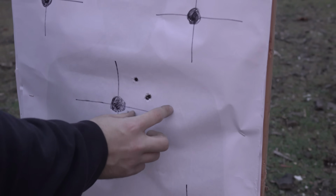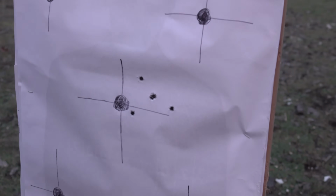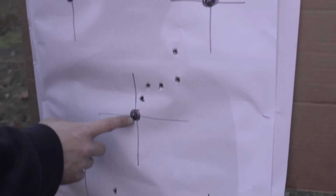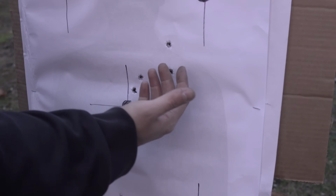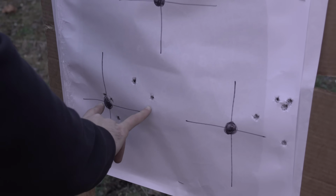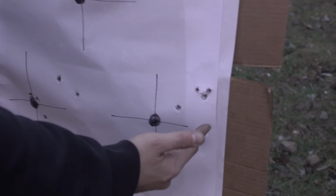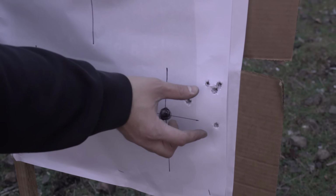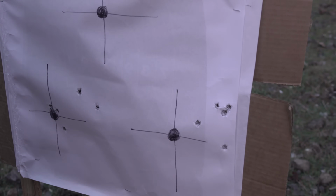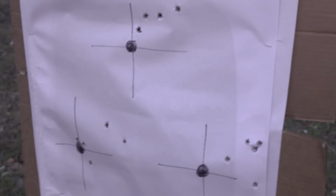Now, in my mind, I was hoping for better performance at 25 yards, because that's about 12 to 15 inches at 100 yards if you extrapolate out the difference. However, I believe that's fairly standard for Glocks and other handguns, about anywhere from 3 to 5 inches at 25 yards. I know that 1911s and 2011s sometimes will rate all the way down to like 2 inches